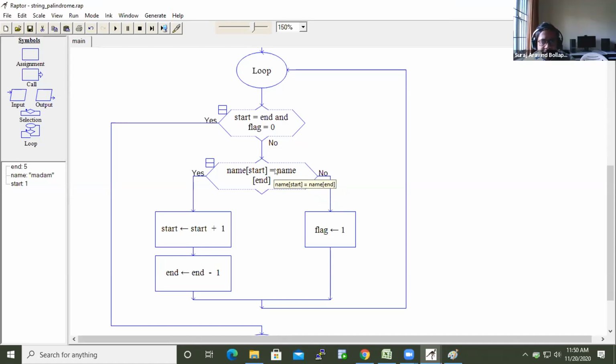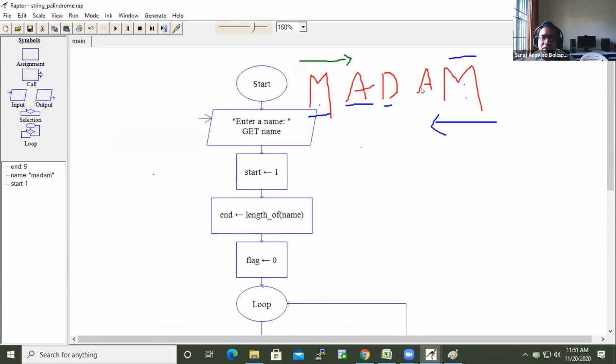No, if this one is no, I know that it is not palindrome. I need to come out of the loop saying that it is not a palindrome. I'm just trying to figure out how to come out of the loop without going further. Suppose if there is some other additional character here, M, suppose MA, this E is there.